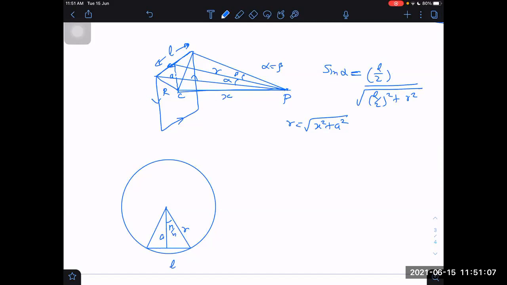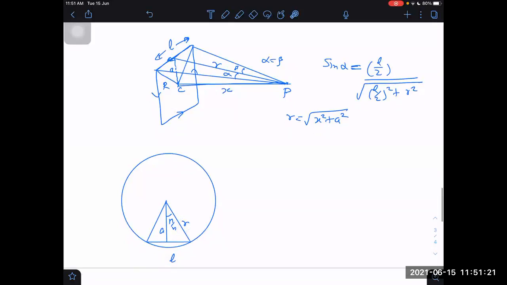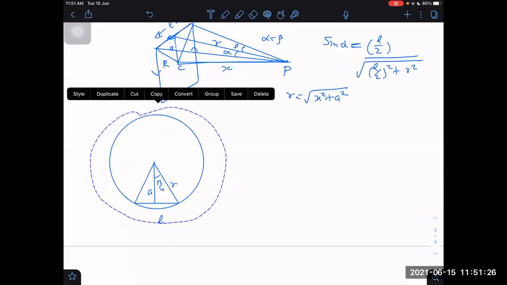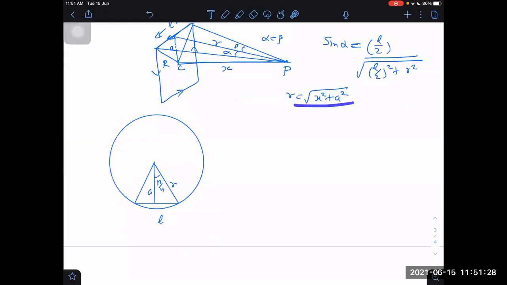I told you that out of these three things, I should know only one thing. If I know one thing and I know the number of sides, then I can determine the remaining two. So don't think that A, R, and L are all independent of each other. They are easily derivable from each other. Therefore, I can write the answer in terms of A, or in terms of x, or in terms of mixed values of R and A. And if I write in terms of R and A, and they have given L, you should be able to determine it yourself. That part I am leaving for you. Anyway, sine alpha we obtained.